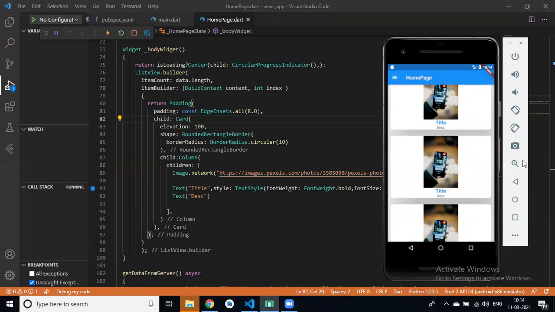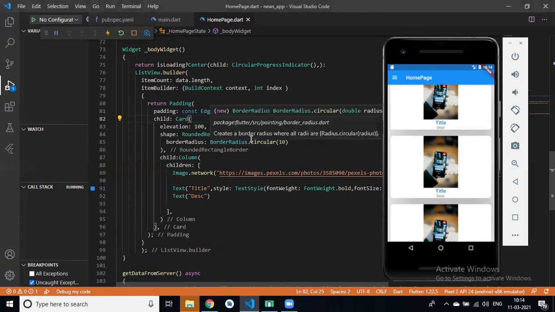Clear? That is how we can create a rounded rectangle shape in our Flutter app with the help of card, and with the help of container we can also create this rounded rectangle border. Yes, we can create it in the container widget also with the help of this shape.